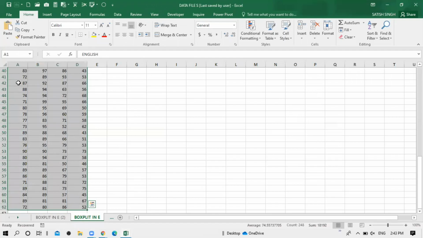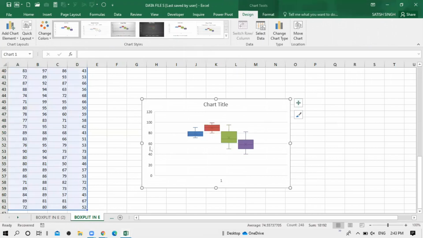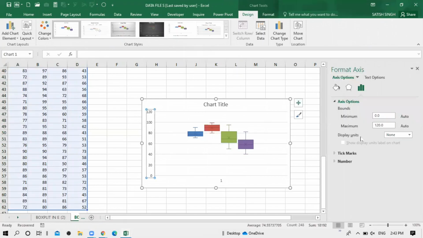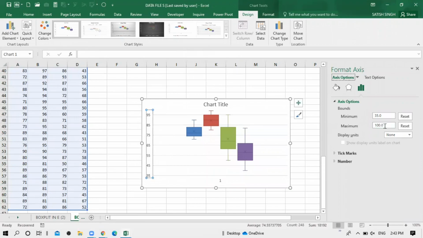And you can find out in simple steps: go to insert, click here, cross it, then next step, select it. The minimum value is appearing at somewhere 40, so you can take 45 as the bottom number, and the maximum number is 100 because these are the marks of the students, they cannot be more than 100. So press here 100, hit OK, and now this is looking in a better way.